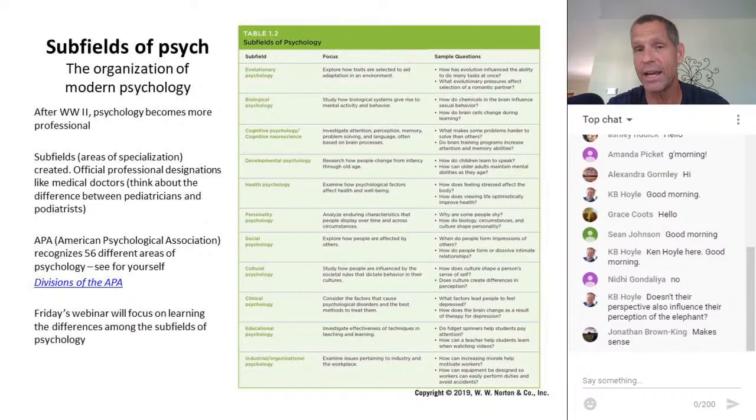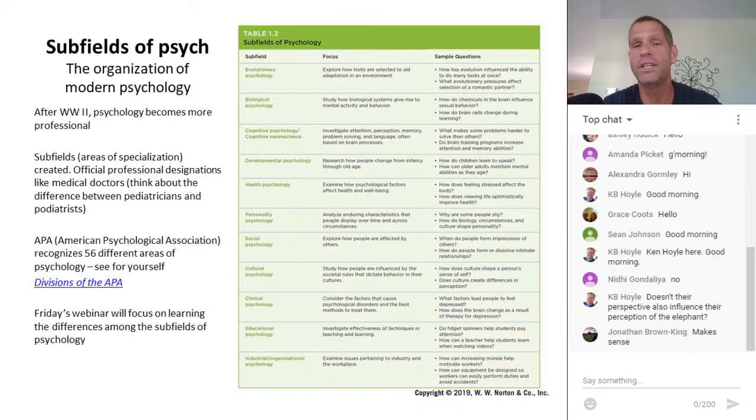A cognitive psychologist is actually a modern area of subfield. Turns out cognitive psychologists were so right that they turned them into an official subfield. And so cognitive psychologists are interested in understanding how people think and process information. Now, we actually have cognitive neuroscientists, and those are people who try to peg these mental functions to biological structures. It's kind of like the intersection of cognitive psychology and biological psychology.